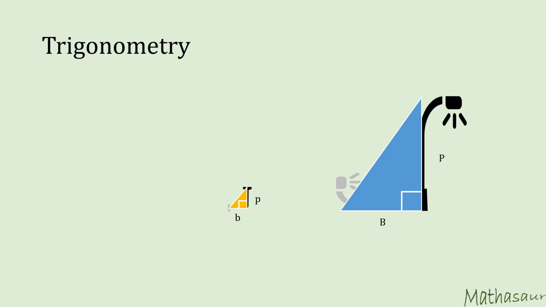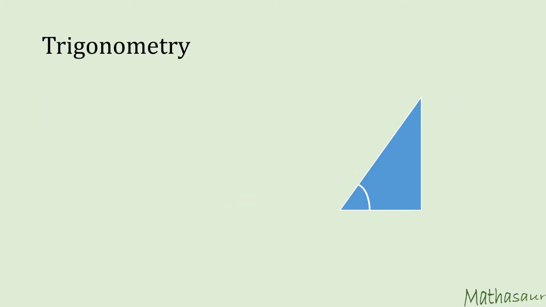We can actually look at right triangles formed by these objects and their shadows. Now since one of the angles is a right angle in both these triangles, and the horizontal angle would also be equal. Why? Because the position of the sun is the same for all objects. So they would form the same horizontal angle. Hence, these two triangles would be similar. In fact, all such triangles formed by objects and their shadows would be similar to each other. So once again, we arrive at the conclusion that small b upon small p would be equal to capital B upon capital P.